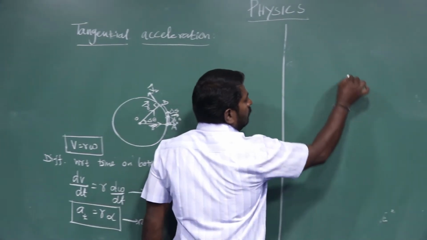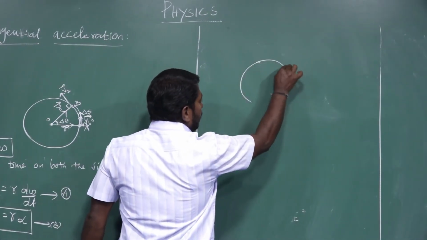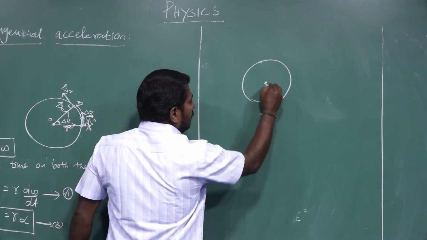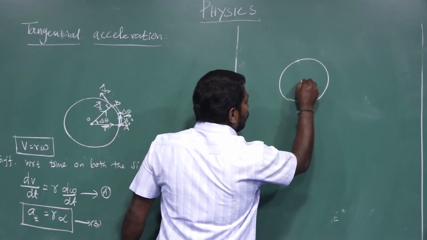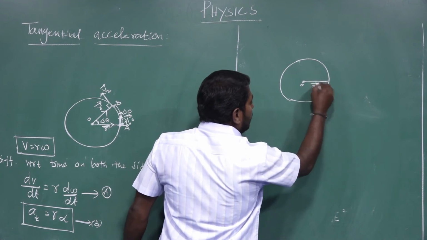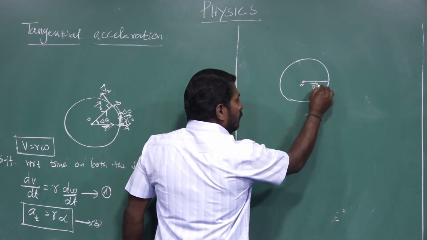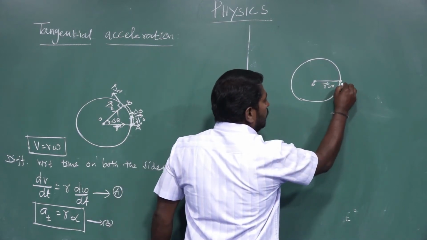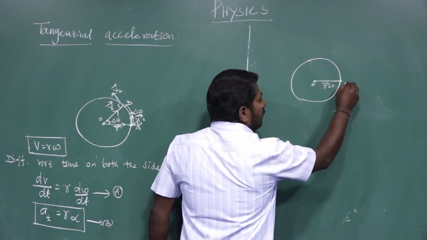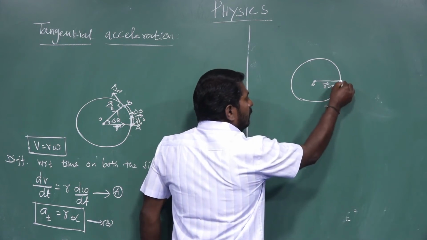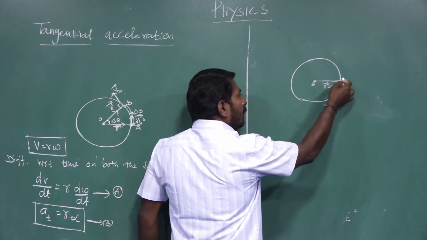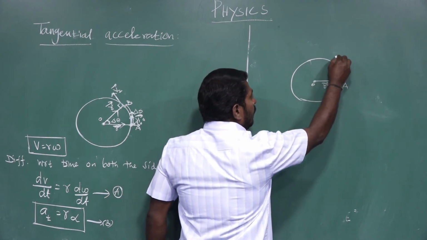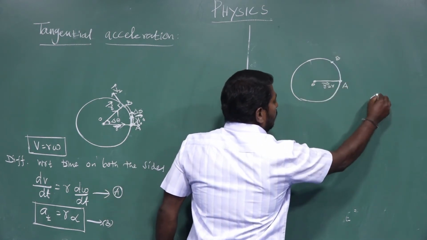In a circular path, the center of the circular path is point O, and the position vector r vector is equal to r, the radius of the circular path. Let us consider a point object whose initial position is A. That point object is moving on the circumference of the circle and during its motion reaches point B at any instant of time delta t.